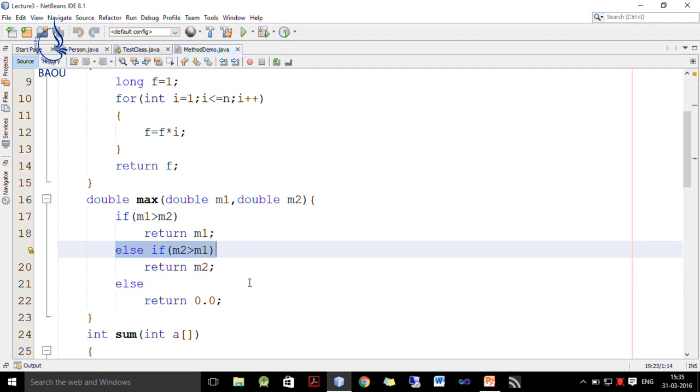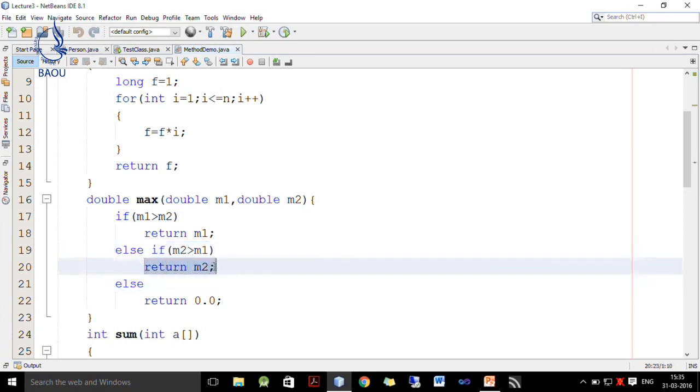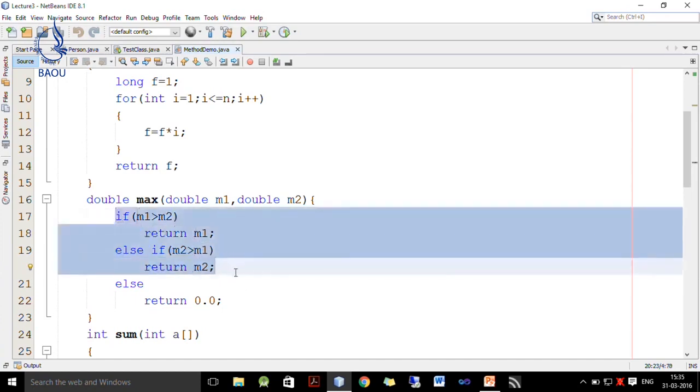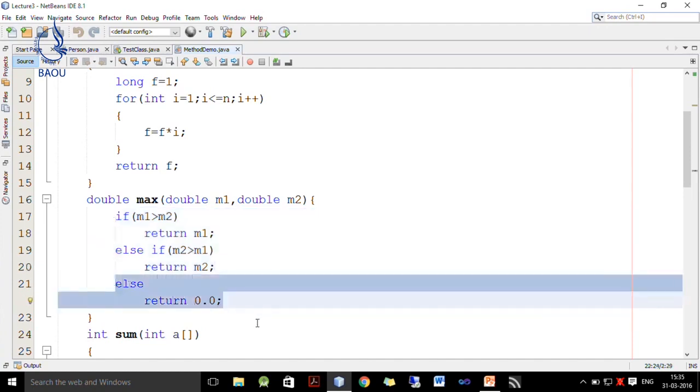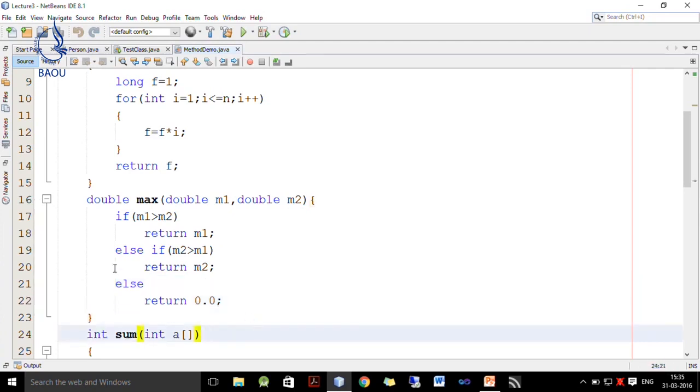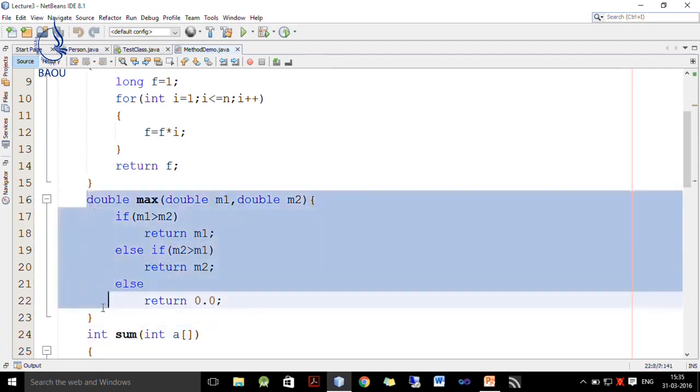So, I write else if m2 is greater than m1, it means m2 is maximum, so I have to return m2. And if both the conditions fail, it means both are equal, so I return 0. Whenever I get 0, it means both numbers are equal and none of them is maximum. So, this is how this double works.